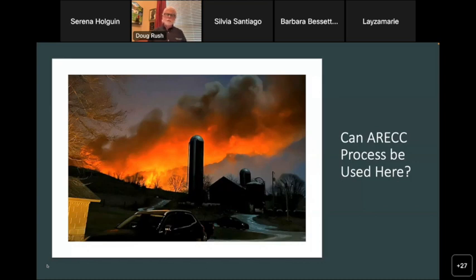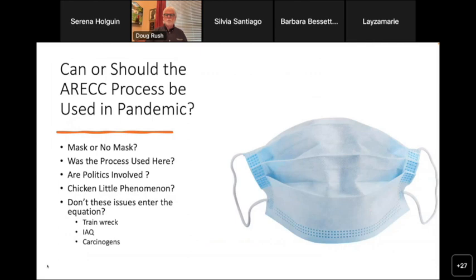And now look what's happened. This company, I don't know which railroad company it is, I think it was Norfolk Southern, but they're in the middle of something that could potentially run them out of business over time. The PR on this is awful. But the ARECC process is something that we can very easily put into the PSM programs, and that's basically what the PSM program is all about.